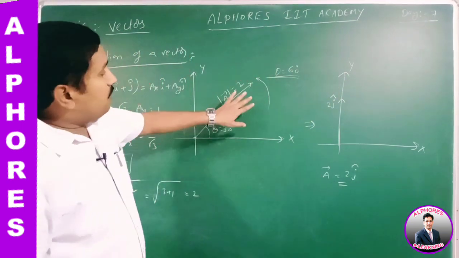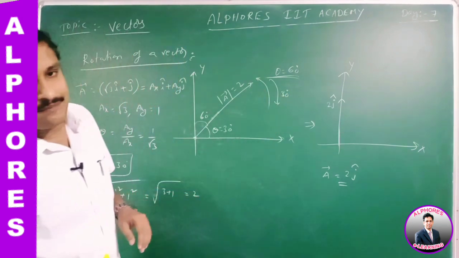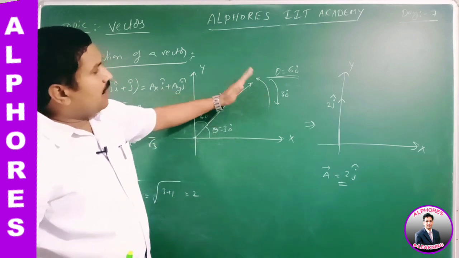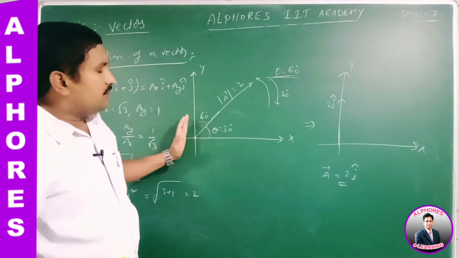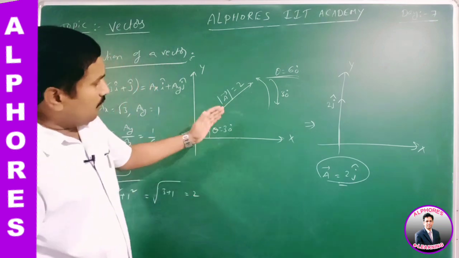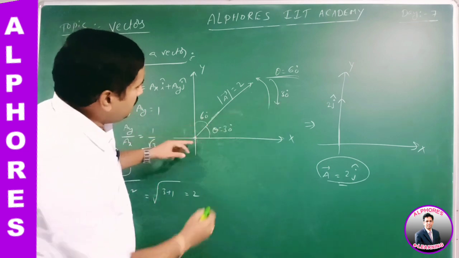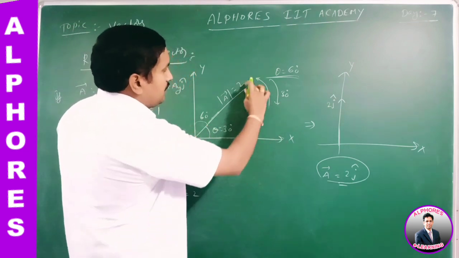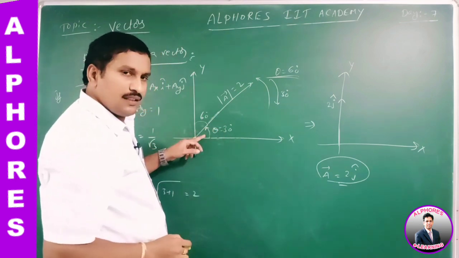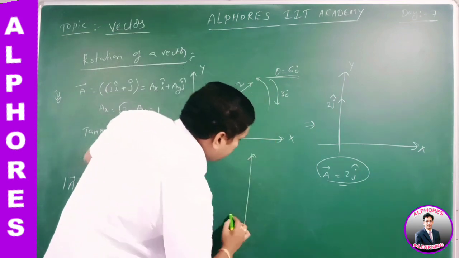Suppose this vector is rotated by an angle of 30 degrees in the clockwise sense, what happens? What is the vector formed by this process? If it is rotated in the anti-clockwise sense, it lies along only the y-axis and doesn't have any x coordinate, so the vector formed by that rotation is nothing but 2j cap. Now if this vector is rotated in the clockwise sense by 30 degrees, the vector lies along only the x-axis. Initially the vector makes an angle of 30 degrees in the anti-clockwise sense. If it is rotated in the clockwise sense, it lies along only the x-axis like this.